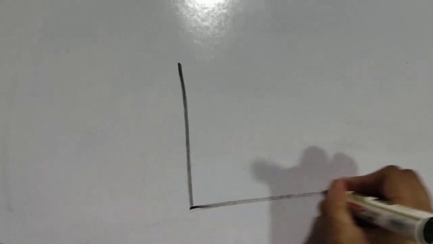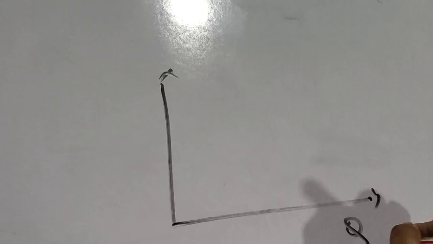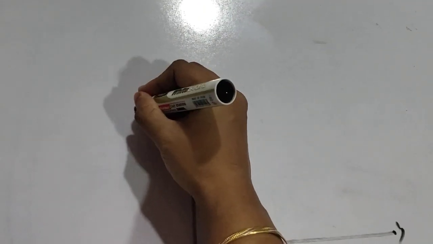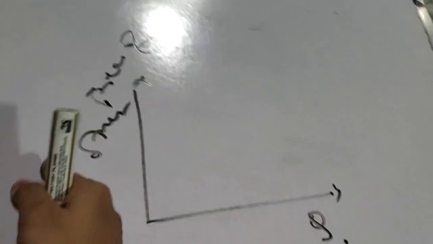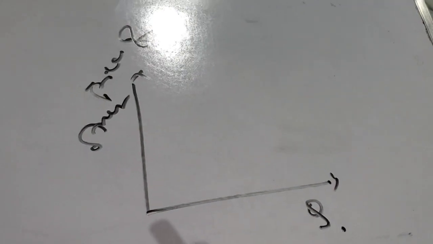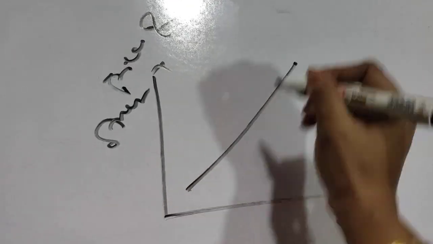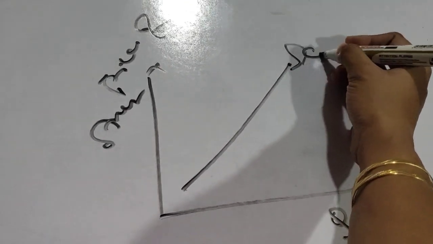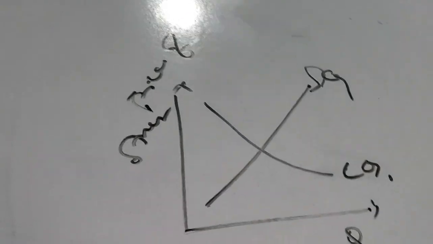Now, demand for substitute goods. Now what happens with a substitute good? Here you will be writing my quantity and here you will be writing the price of the other good. So remember, you are writing the price of the other good here, and the quantity of my good. So as the price of the other good increases, my demand will increase for a substitute good. But for a complementary good, it will fall. Then we have